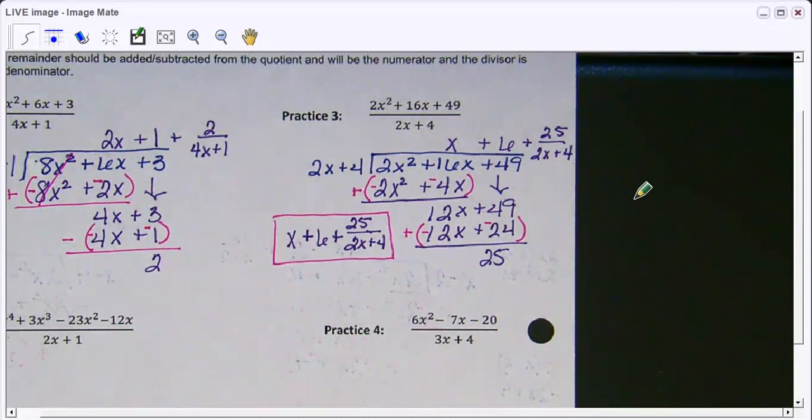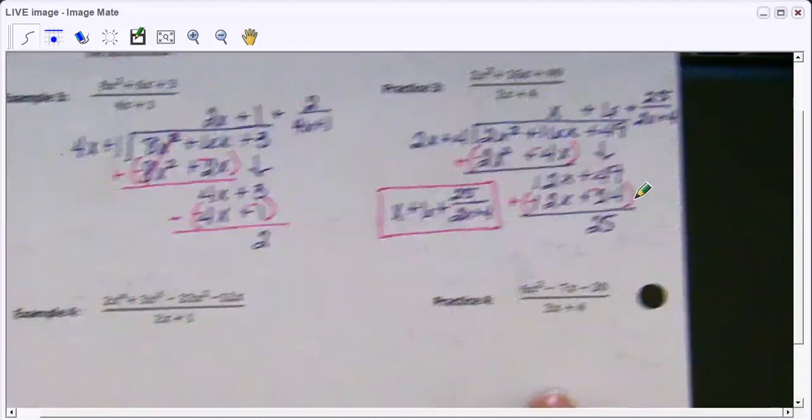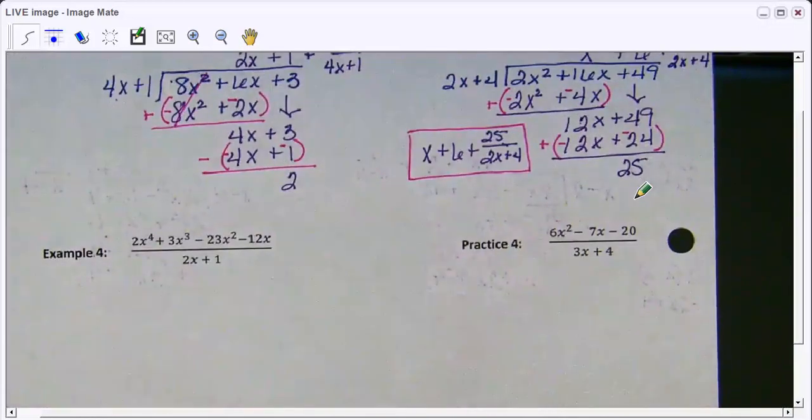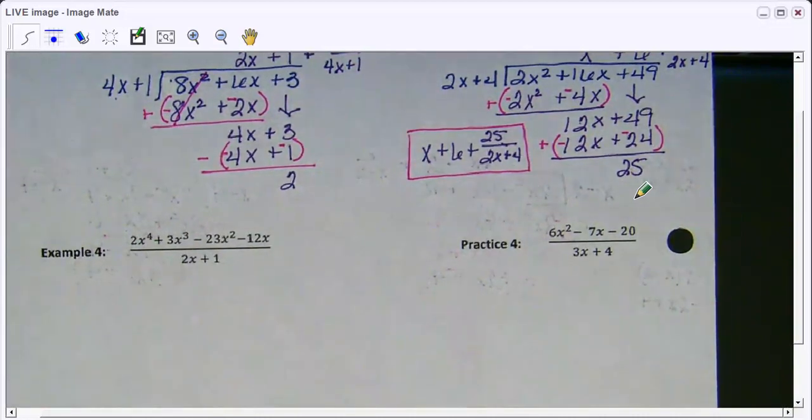Okay. So I want you to try these two on your own right here. Example and practice 4. When you get down to example and practice 5, they're a little bit different. But that doesn't mean that you couldn't do them. Practice 5, there is an additional step though. So I want you to wait until,